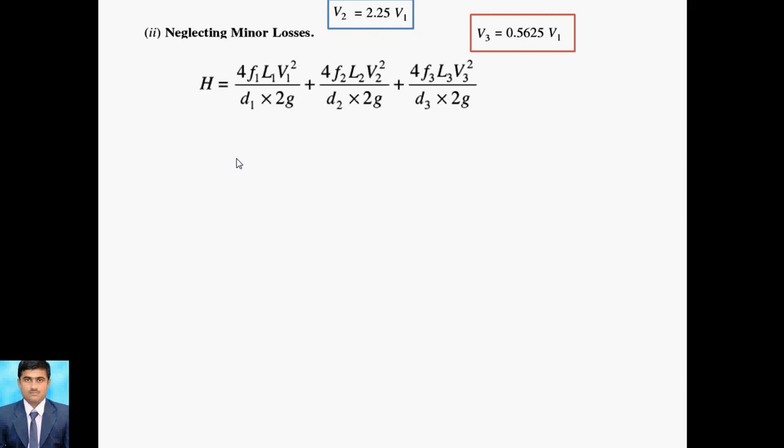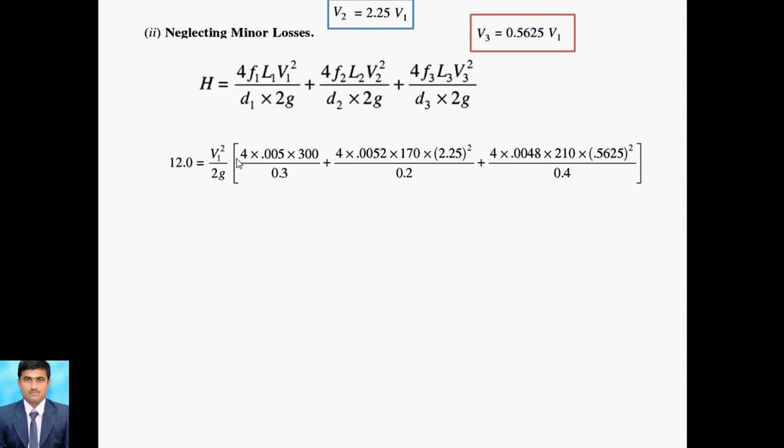So we have to remove the minor losses, only these terms remain. So we put the values of F1, F2, L3, then L1, L2, L3, D1, D2, D3, and V1 terms of V1 as it is, we can keep it as it. Then V2 is 2.25 V1, then V3 is 0.5625 V1. Only that much value we are putting over here, and after calculation of V1 we will get 1.445